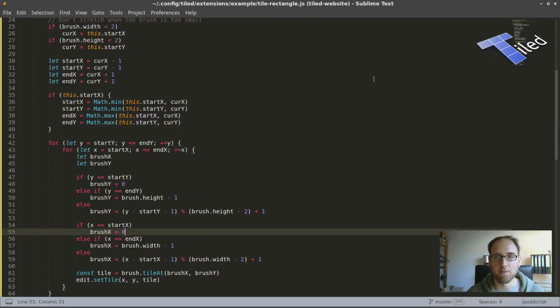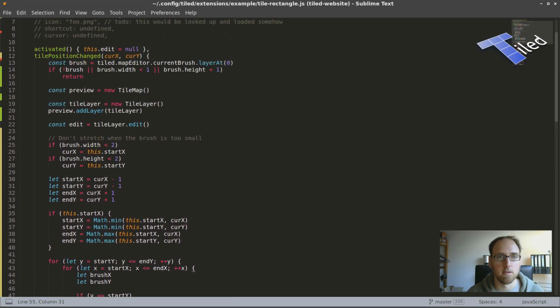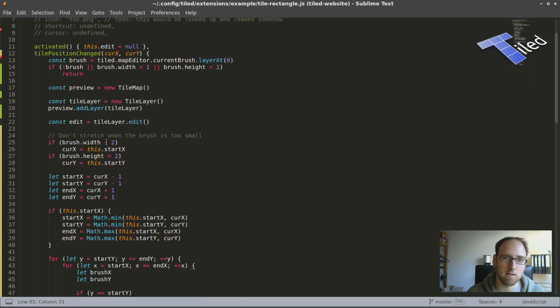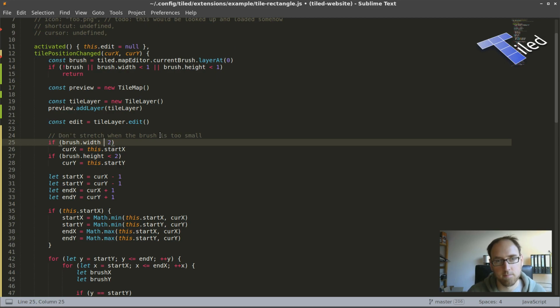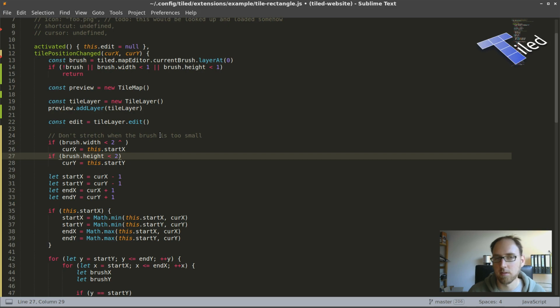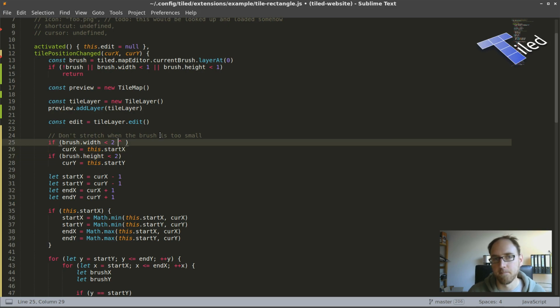So I think it should definitely repeat it in that case. So let's change that check. If the width, yeah, basically you want to see if JavaScript does this. No, I only want that,